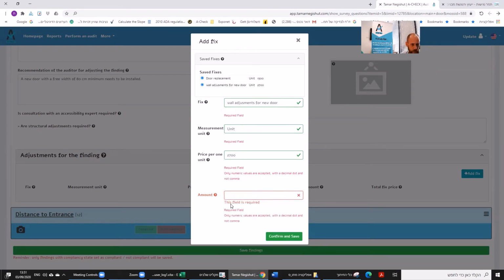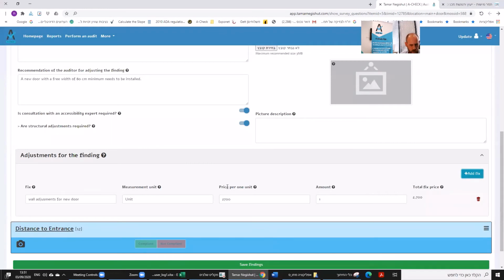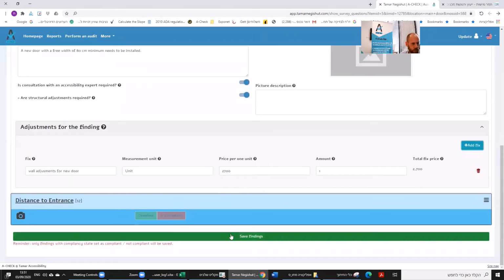I didn't fill this required field. Only numeric values are accepted, with a decimal dot or something like that. So the price per unit, the amount of units: it's only one door that I need to replace according to the questions. I will confirm, and now the adjustment is added. I'll save findings,